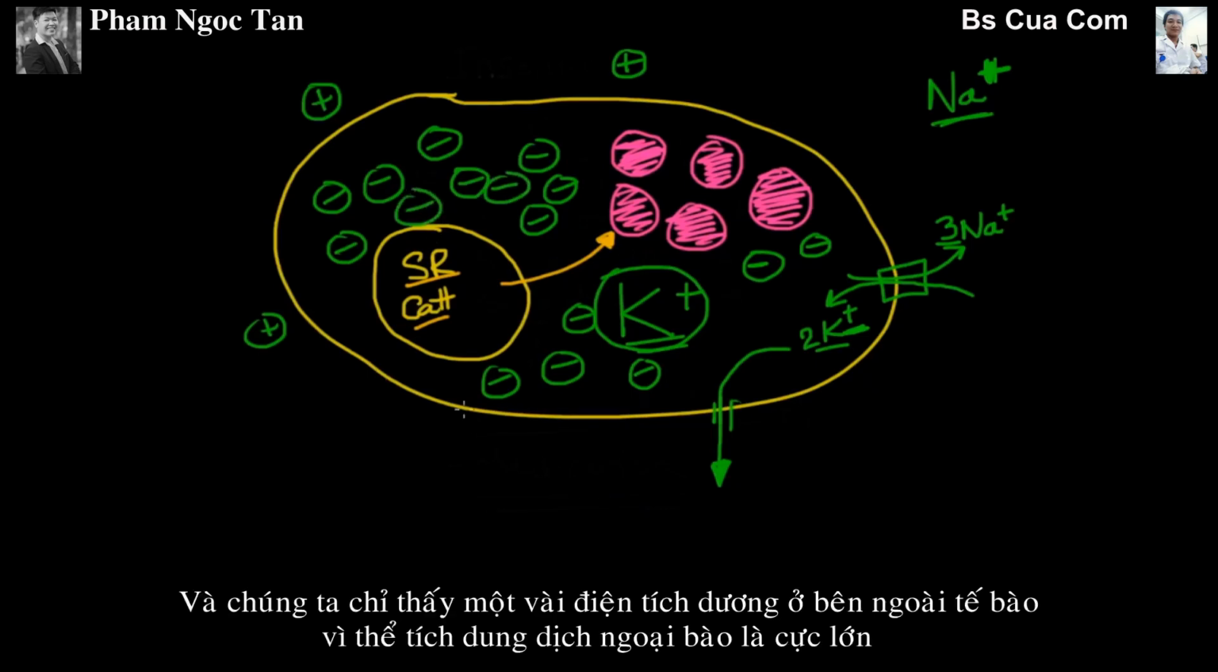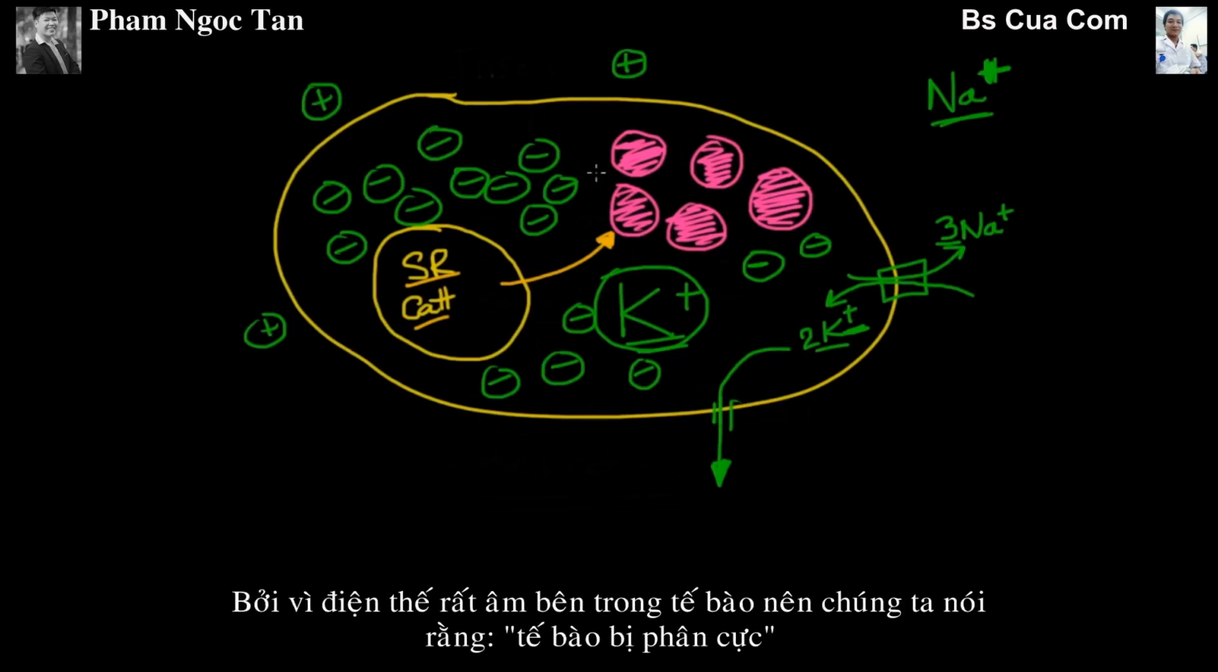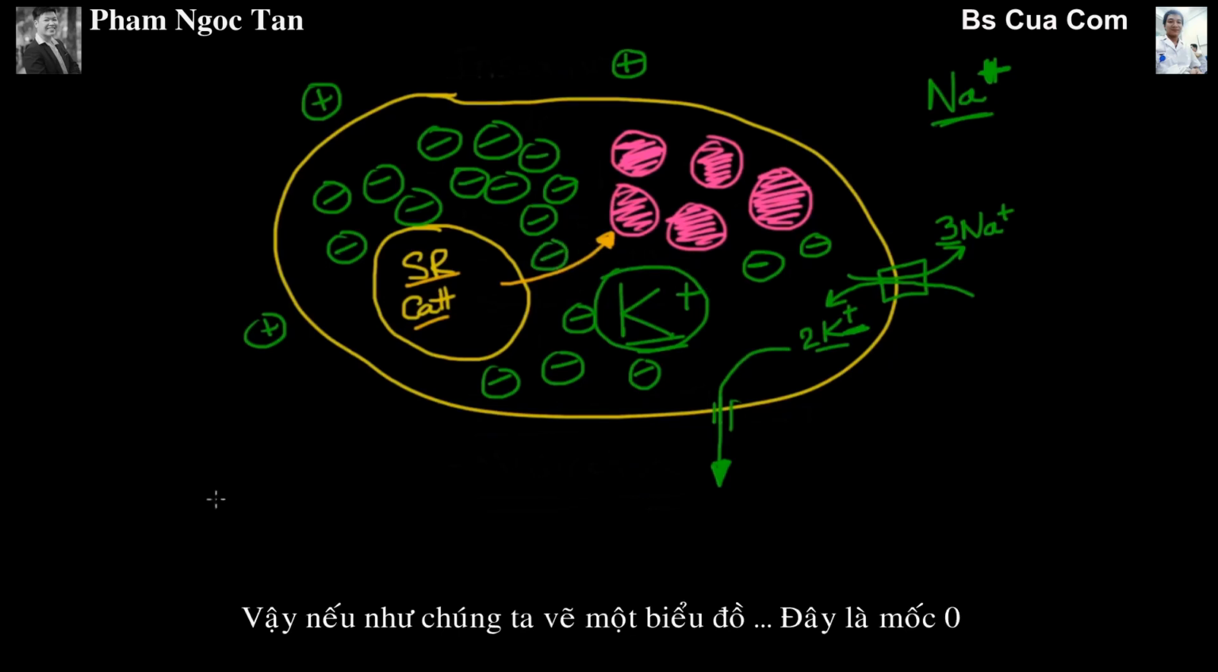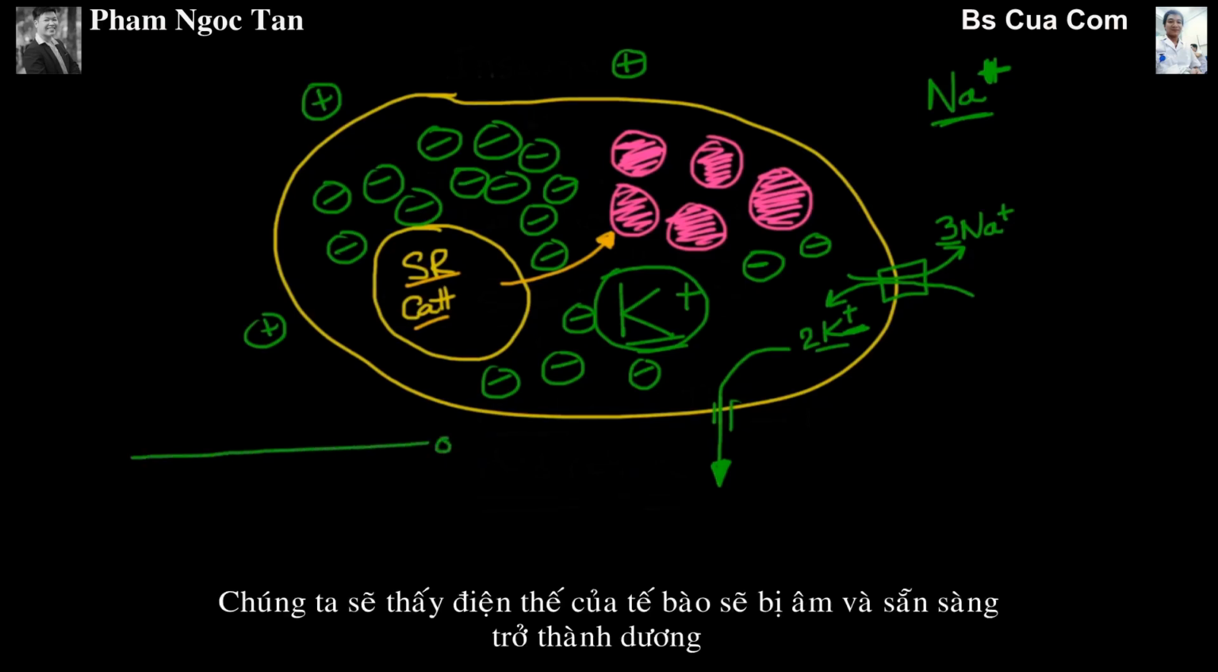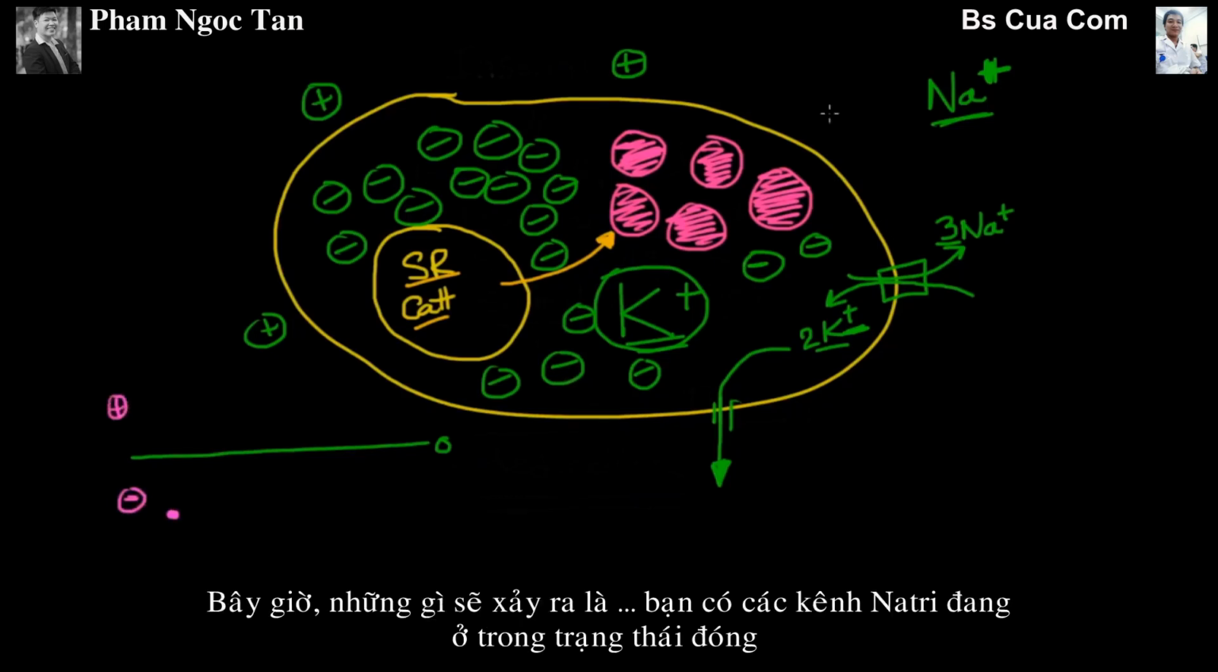And yes, there is some positivity on the outside, but because the volume of solution outside of the cells is so large, the big issue is that we just see a negative charge. And so because of this negative charge on the inside of the cells, the cell is said to be polarized. And so what we'll see is if we were to have a graph, and this is 0, we would see that the cell's voltage is in the negative range as opposed to being in the positive range. Now, what happens and what can happen is